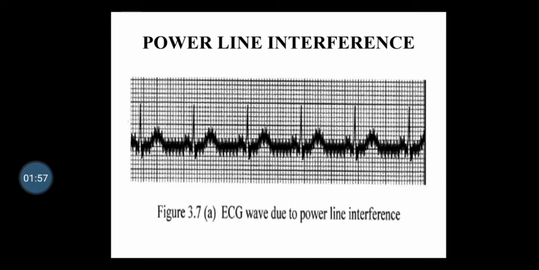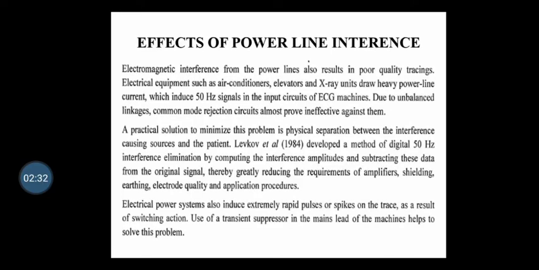So, this is the power line interference waveform, and this is the ECG waveform. Due to power line interference, that is, due to some mistakes in the electrode or because the patient is not properly grounded, the waveform will be obtained like this. Through this ECG waveform, we can't decide what the fault inside the heart is. That is, in this ECG waveform, we can't analyze the function of the heart. So, we need to take necessary action to mitigate the power line interference.